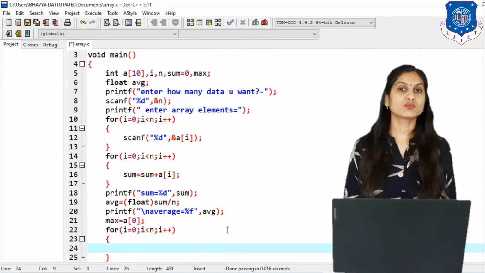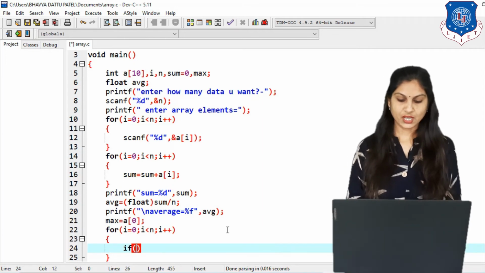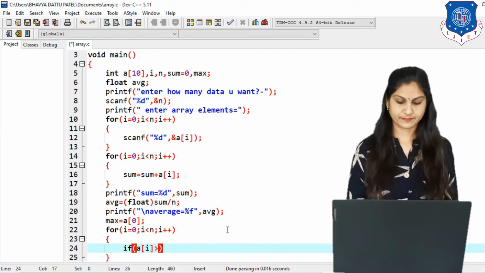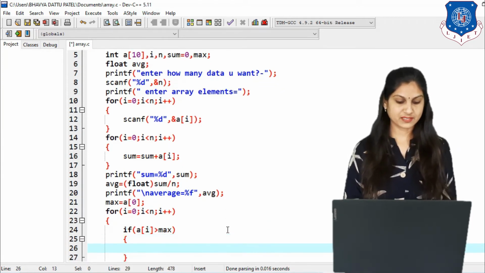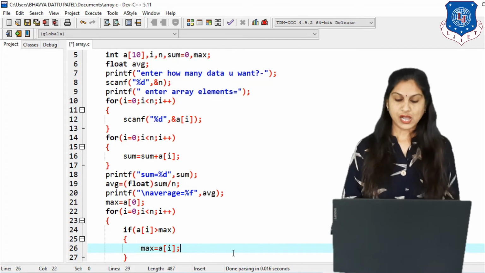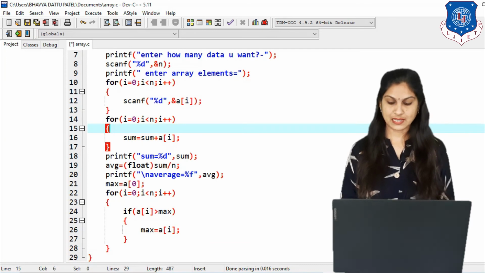Now for the logic, first we have to check the condition. Which condition? If a of i is greater than max, then we have to change our maximum value using max equals a of i. Clear? So now how will this logic work? Let's take an example.